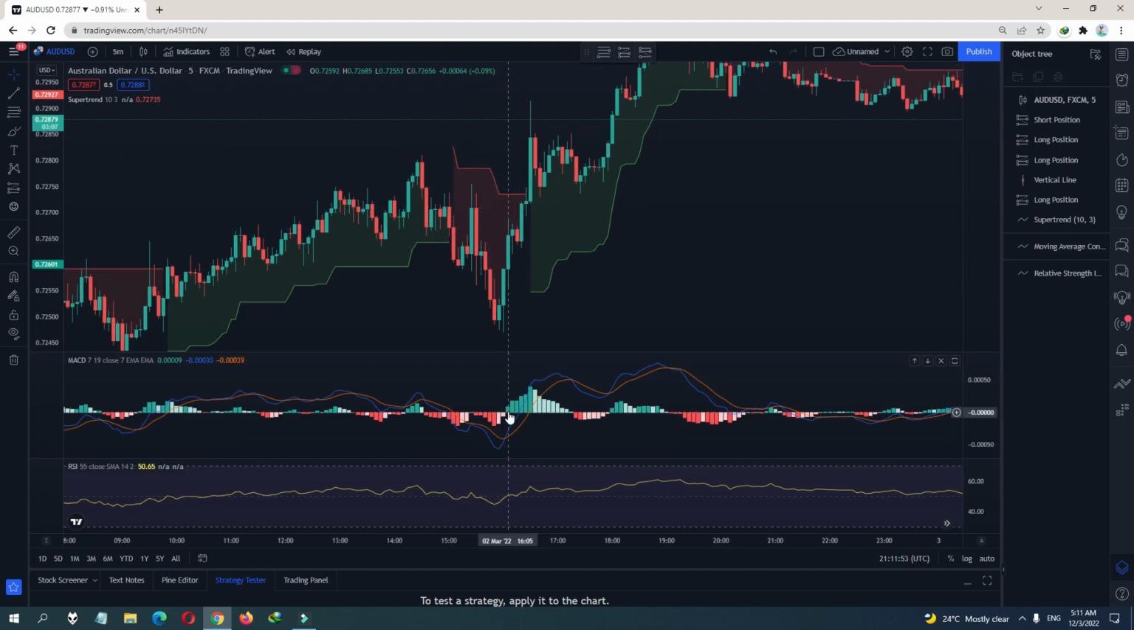Basically you want the MACD to cross up from below the zero line, and the supertrend is red. When you have the signal, the RSI is above the 50 line, you see the number here. Another criteria is, between the signal and the last time the MACD crossed down,